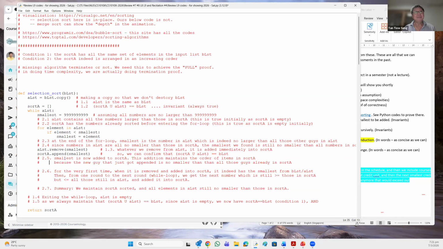All right, 2.5. Smallest is now added to sortA. These two statements say that this addition maintains the order of items in sortA. The first time, when sortA is empty, you know that is true because the new one just appended is no smaller than all those others already in sortA. And for the very first time when it is moved and added into sortA, it indeed has the smallest